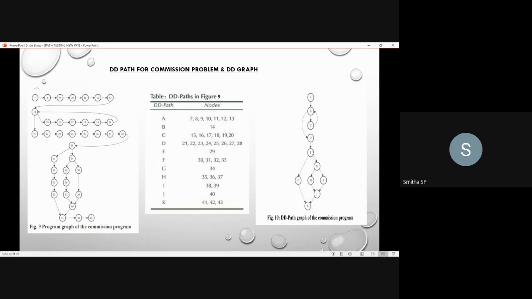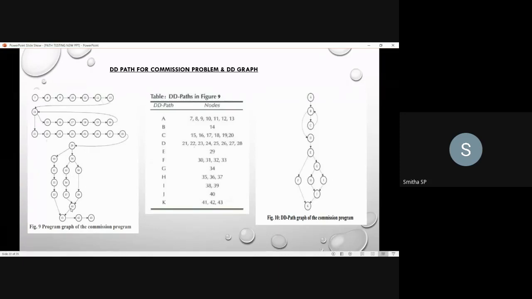Next E, it is a while loop, so you'll have two possibilities here, G and F, right? That is the 29th and 30th sequence. So G and F, you replace it. This whole part is done. Coming to the 38th, from 38th to 39 again it is a sequence, so represent it as I.